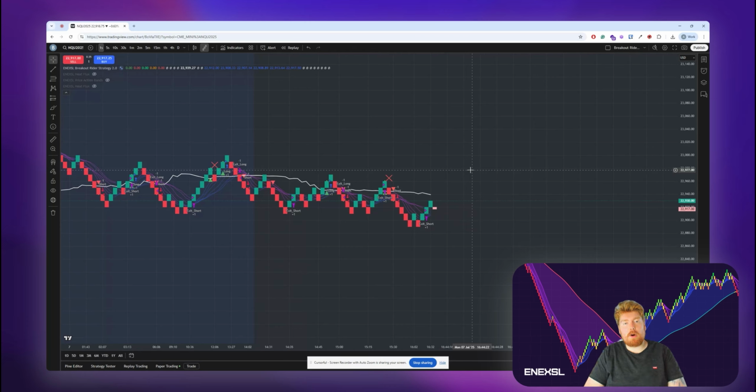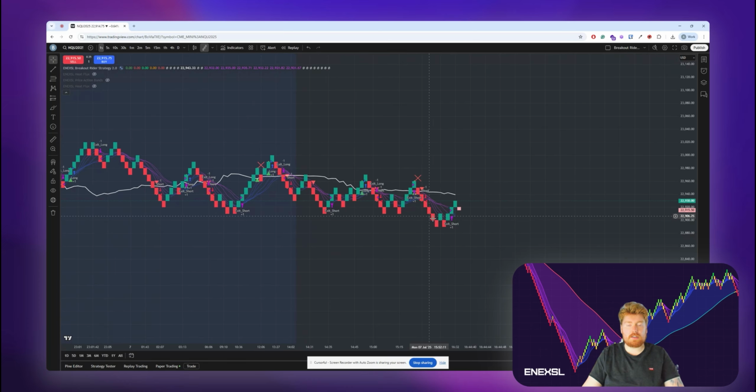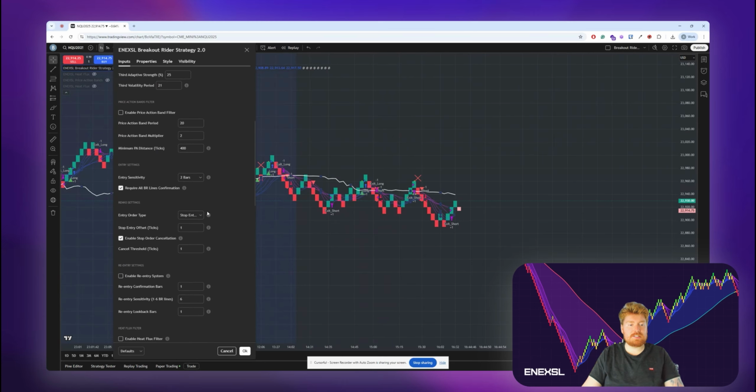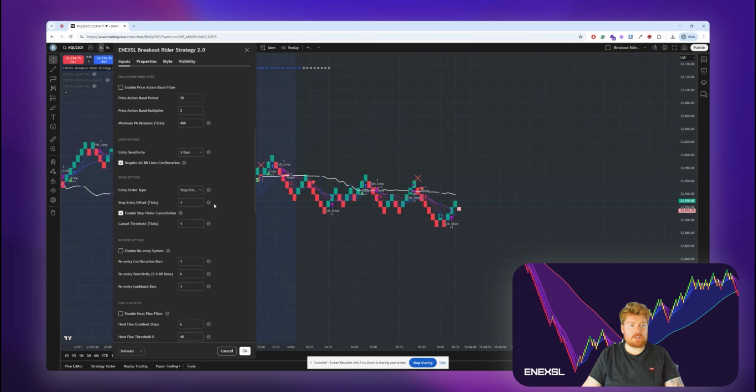Let's now talk about one of my favorite features of the Breakout Rider, price action bands. Very similar to the settings that we had in 1.7.1, Breakout Rider 2.0 continues to allow you to use the price action bands to filter based on price volatility and overall volume in the market. We once again have this very similar setup where we've got condensed market volume with no clear indication of where to go. If we go into our Breakout Rider 2.0 and we filter down to our price action bands,